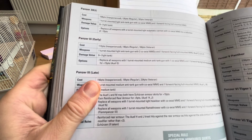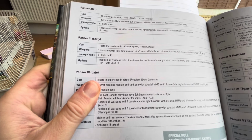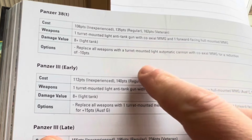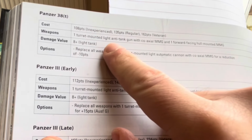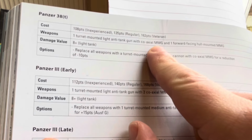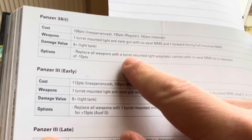So what have we got for a Panzer 38T? 108 points for inexperienced, 135 for regular. I'd go for regular. What's the point of having an inexperienced tank that balks at everything? We've got a light anti-tank gun, and then a medium machine gun in the turret, and one facing forward. But you can get rid of the one facing forward, because apparently